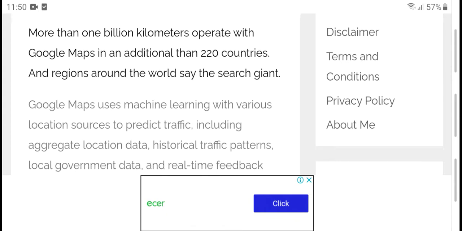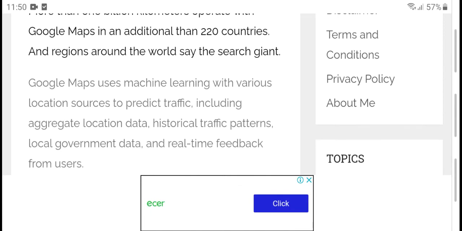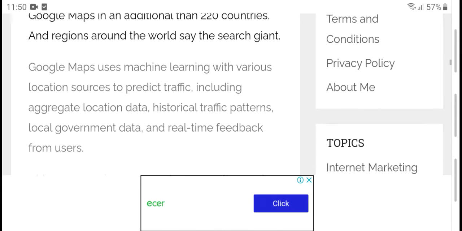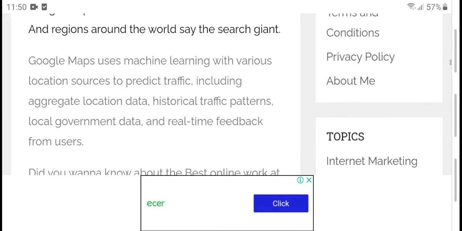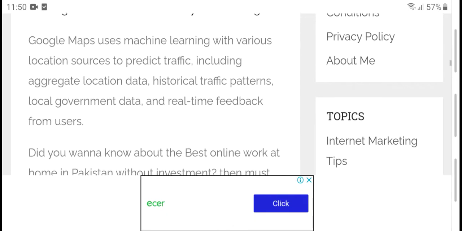Google Maps uses machine learning with particular location sources, including historical traffic, adjacent locations, government data, and real-time feedback